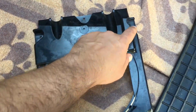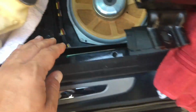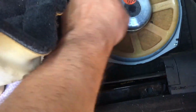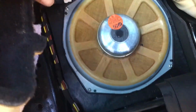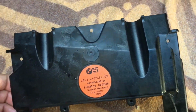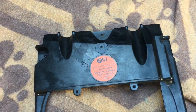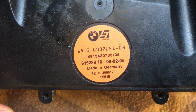Torx 10, and remove. I just need to remove these little guys, and the sub goes. Okay, this is the clip for the sub and the Logic 7 in the system. 13 speakers, but everything works fine, but just this subwoofer works like brrr, like the bear. Brr, brr. And this is the part number